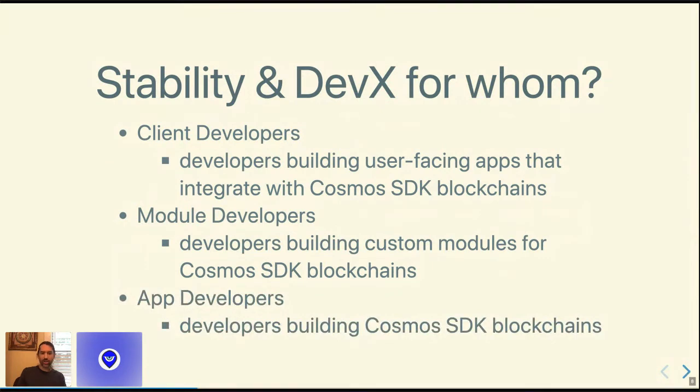And so the final category I'm calling app developers. And these are developers that are building the actual blockchain. Like, for instance, Regen Network, when we're launching our blockchain, we're an app developer. Other projects that are out there like Kava, Akash, etc., are app developers. They may also be module developers and writing their own custom modules. But when it's just a matter of let's pick these modules off the shelf, we have Gov, banking, etc. That's what I'm calling an app developer.